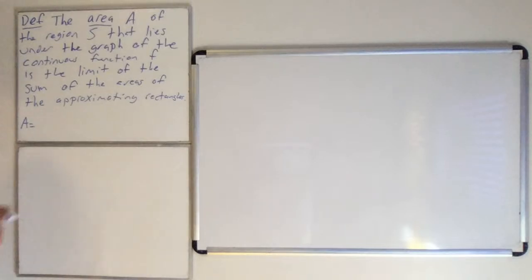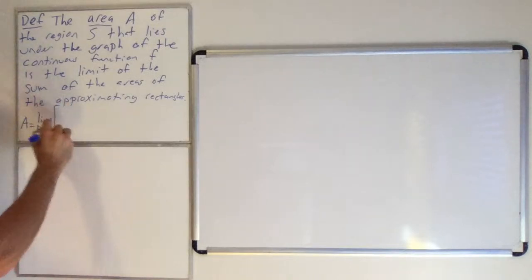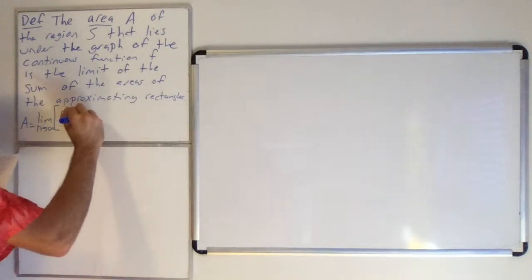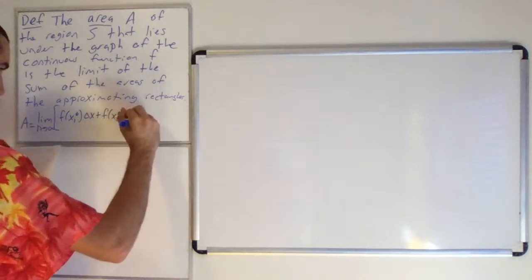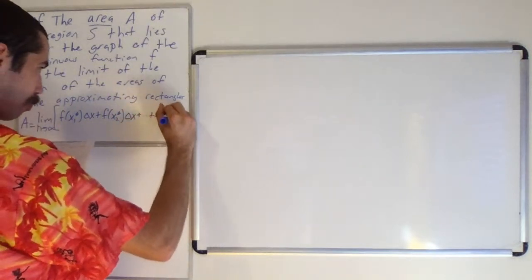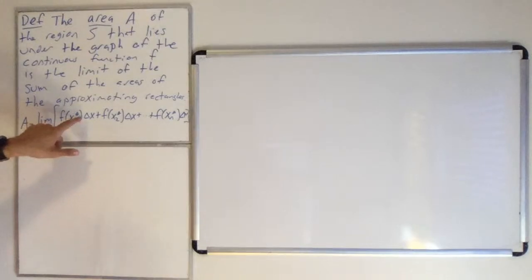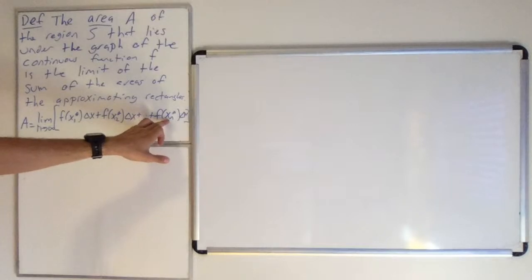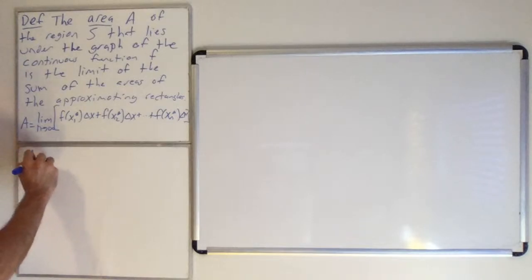The area is equal to the limit as n goes to infinity of f of x sub 1 star delta x, and I'll write out what these stars mean in a second. f of x sub 1 star delta x plus f of x sub 2 star delta x plus all the way up to f of x sub n star delta x. These x1 star through xn star